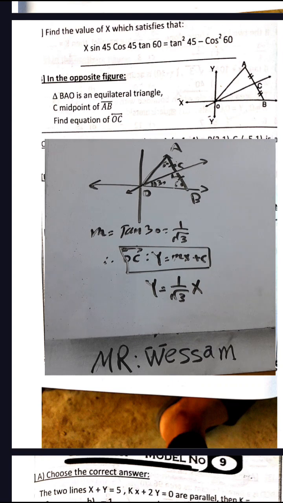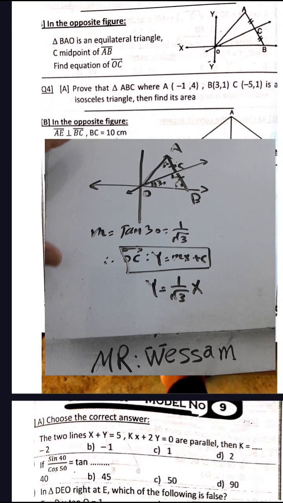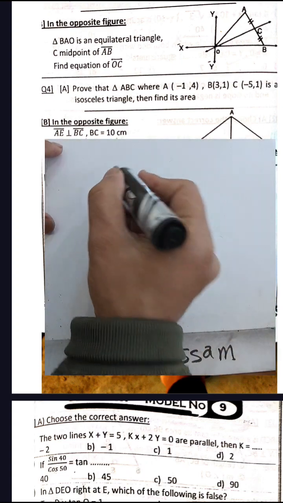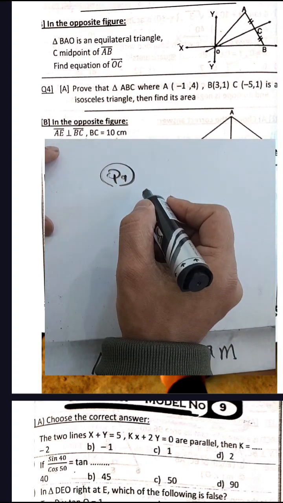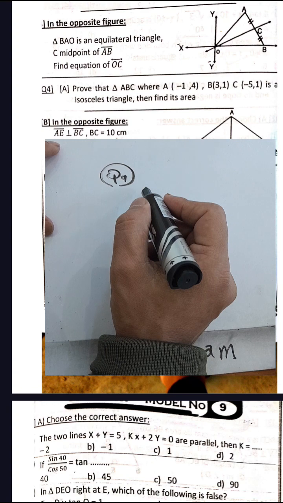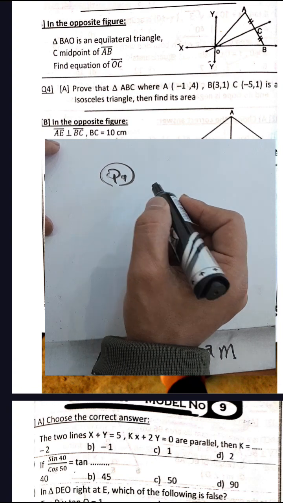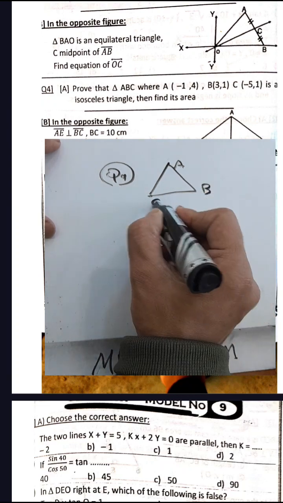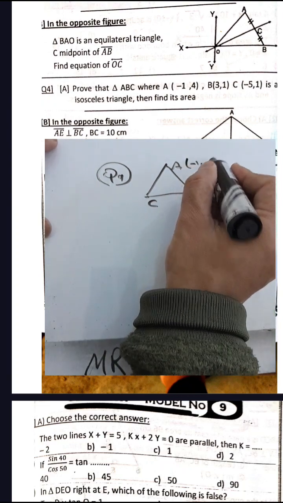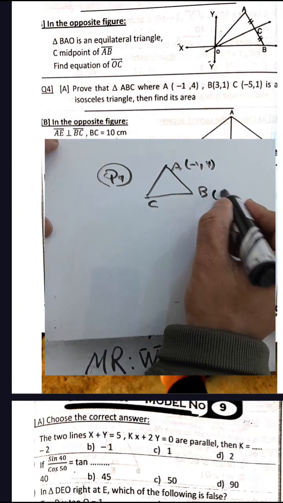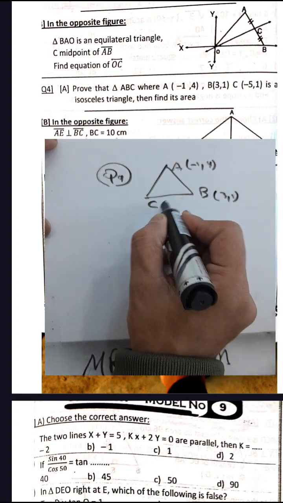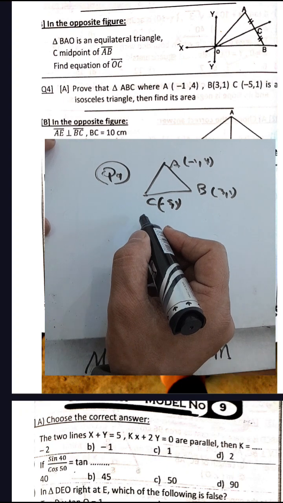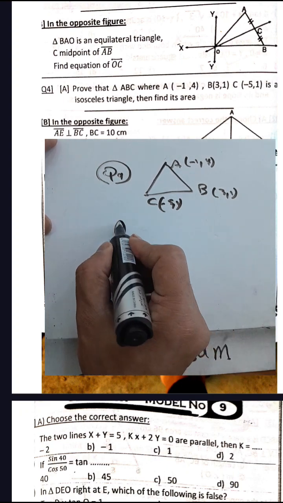Okay, next question, number 4. Prove that triangle ABC is isosceles, then find the area. Okay, we have E, B and C. E will be (-1, 4), and B (3, 1), and C (-5, 1). You want to prove that this triangle is isosceles. We can write EP